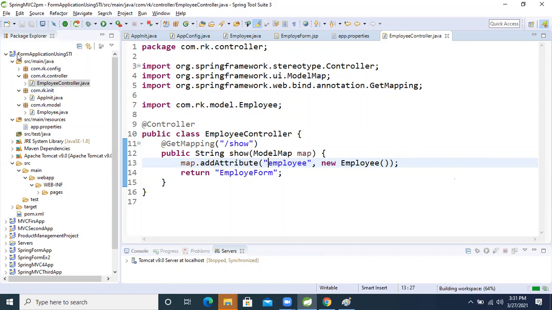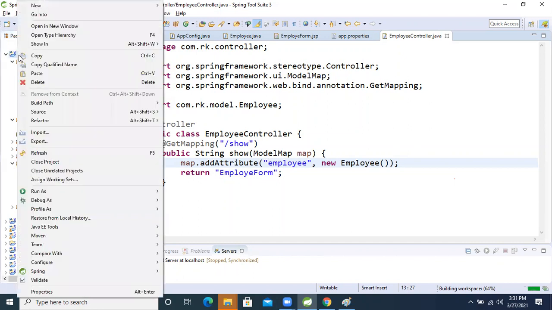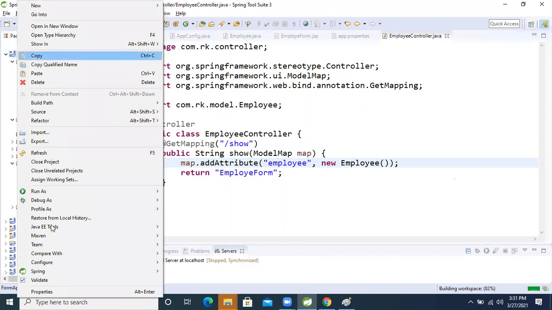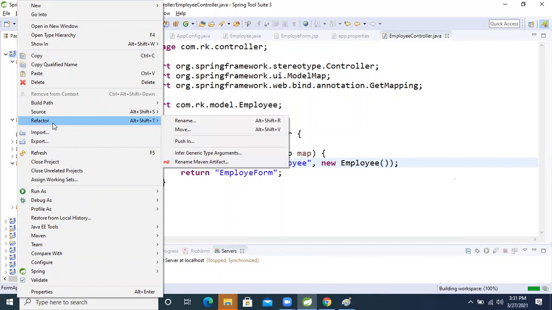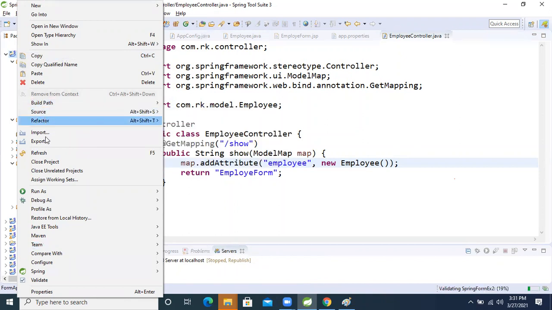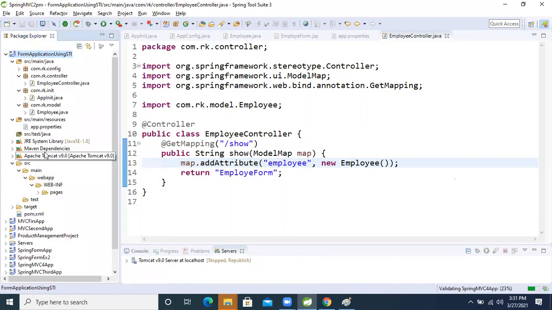Now right click, refresh the project. It will work, don't worry. The code is perfect.